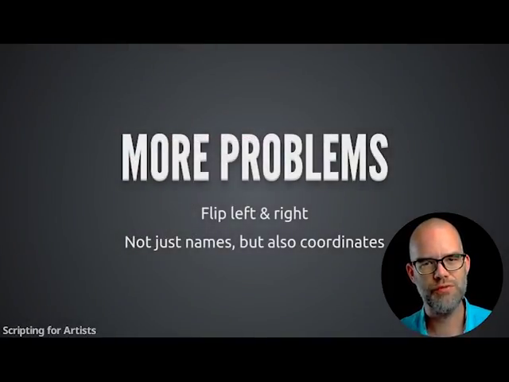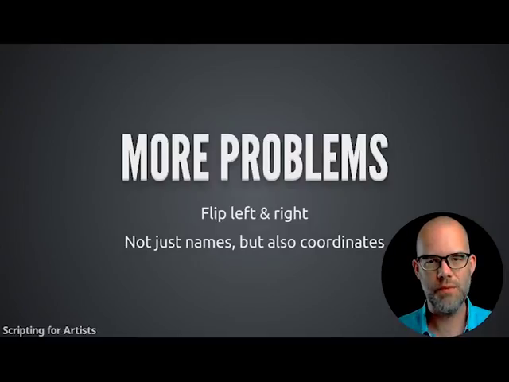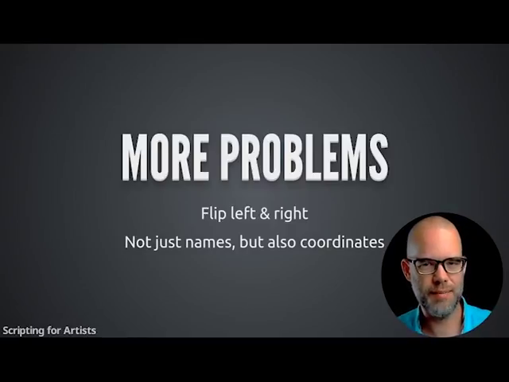Say we not only want to rename, but we also want to flip sides, so left becomes right and right becomes left. With just names, this would be easy. You would only change the _r and the _l suffix, swap them around, and you're done. So let's also look at our location in 3D space. We need to change the coordinates, and we'll just flip the x coordinate from left to right and from right to left. Of course, you can hardcode this directly, but this is a video about collections, so let's see which